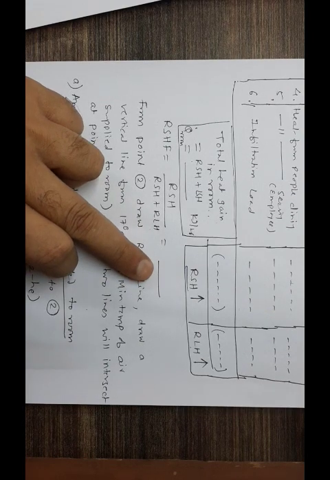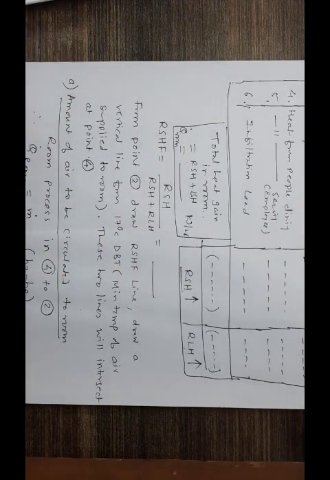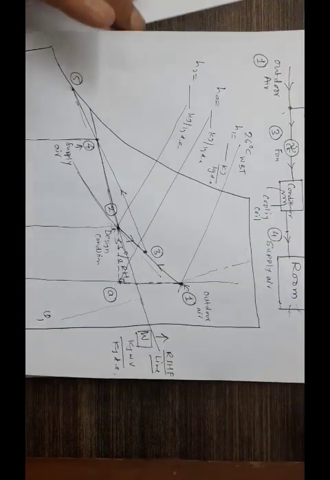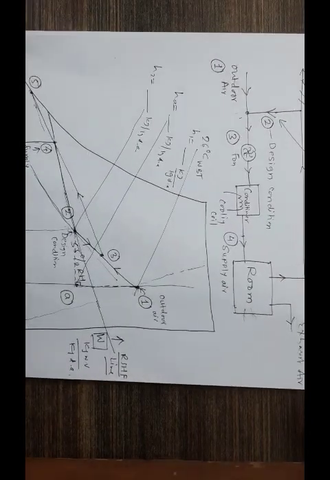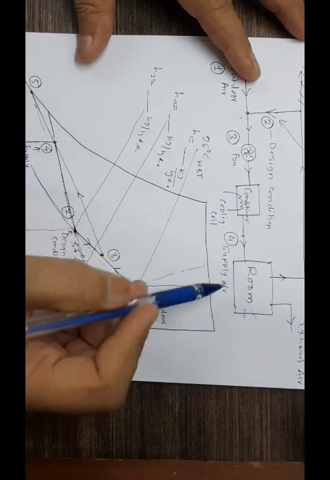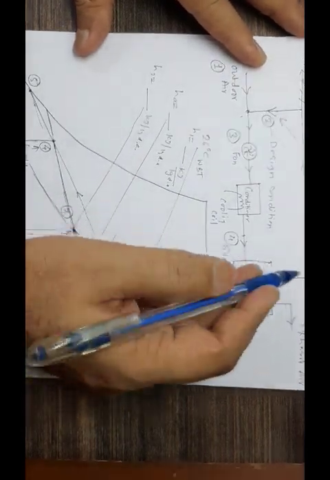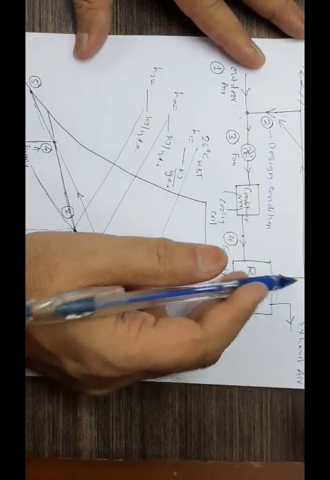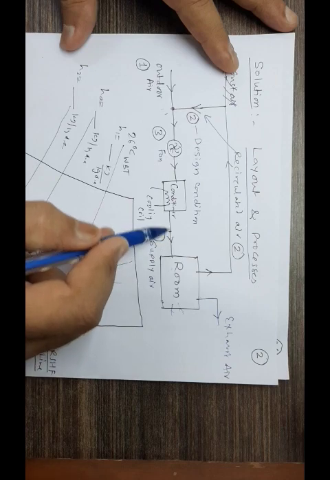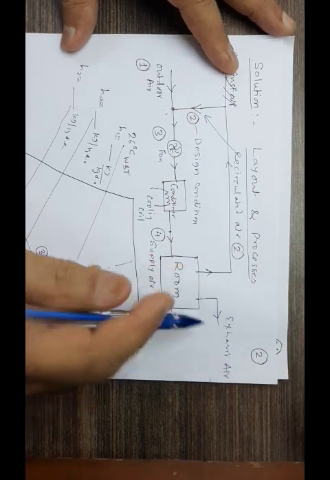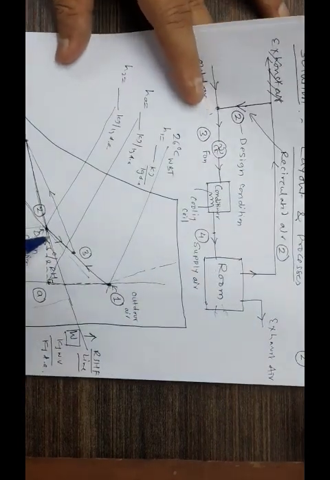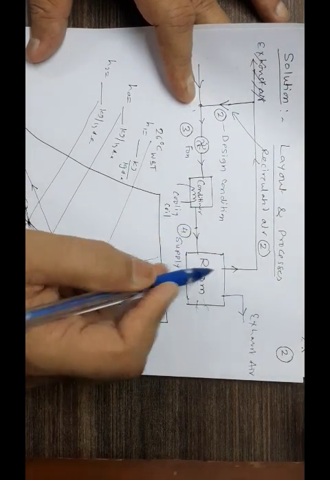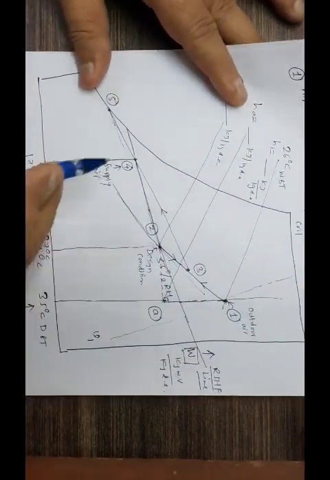Suppose this comes out to be 0.8, precisely 0.8. So what I am supposed to be doing is drawing the line at 0.8 RSHF from the room curve. That's the room sensible heat factor. Going back again, yes, here, this is your room. Your room operates between 4 and 2, because 4 is the supply condition, 2 is your room. This supplies air at 4 and then takes out. So whatever is the heat addition here is that RSHF we are talking about, total room heat, RSH plus RLH. So 4 to 2 is the process inside the room.